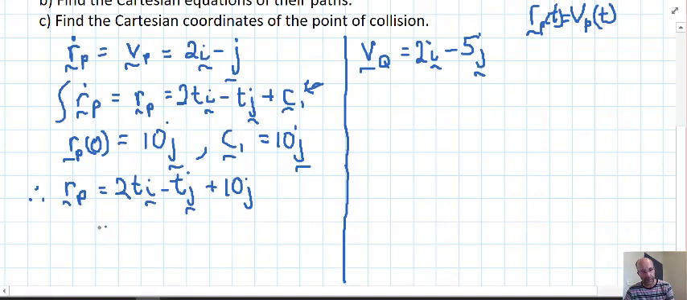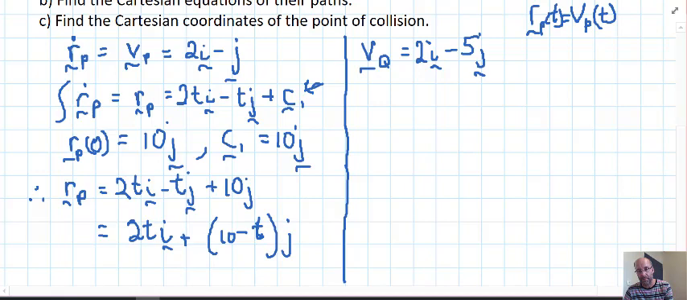So we've got an expression there for the position vector of P with regards to t, and we can just group the i and the j components just like we did in the previous video. So we would have plus 10 minus t